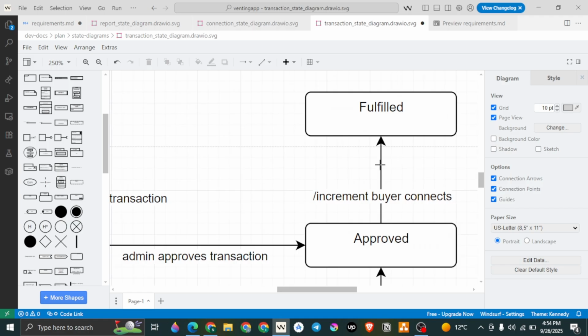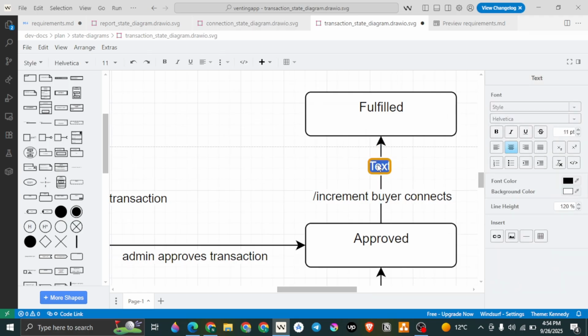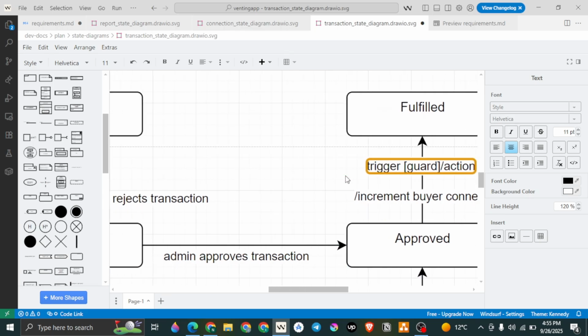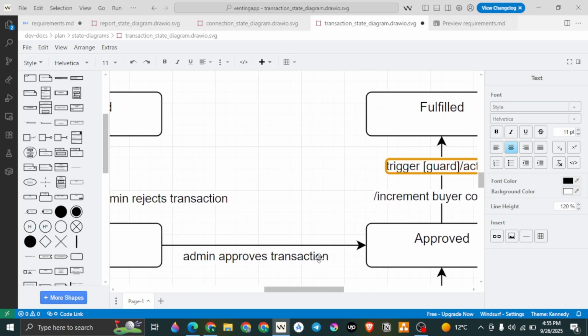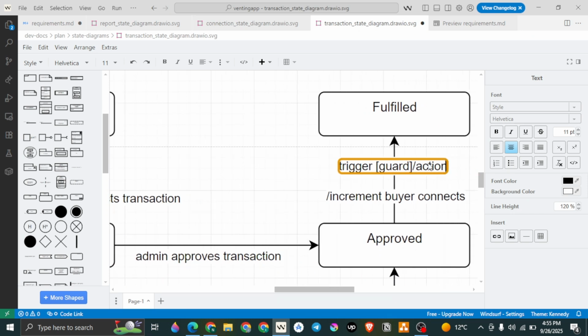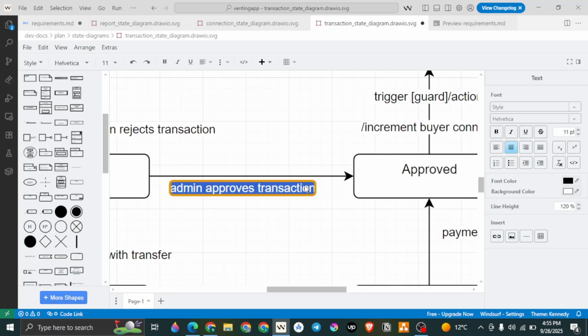So as you know, the format or the syntax for writing these edges or the transitions is first we say trigger, then there is a guard, after slash there's going to be some kind of action. That means here we are writing the trigger, admin approves transaction. There is no guard and there is no action associated with it. We're just having it approved. Or maybe we can actually notify. You can say here notify user,